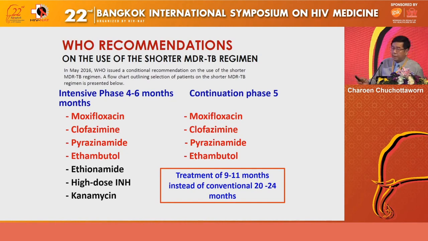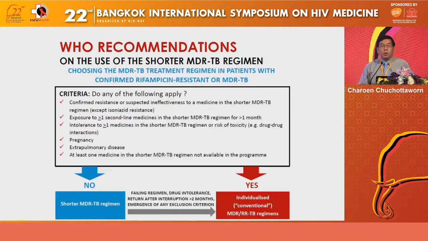This shorter regimen was recommended by the WHO in 2016. Here is the regimen. The benefit of the regimen is that it's shorter, only 9 months, and it's cheaper, with low toxicity and better compliance from the patients. The contraindications for the shorter regimen are pregnancy and extrapulmonary TB. And